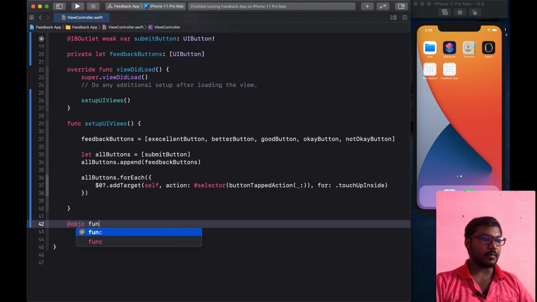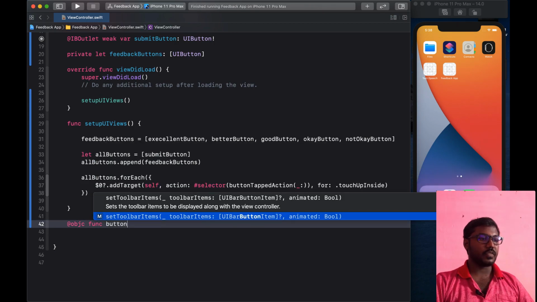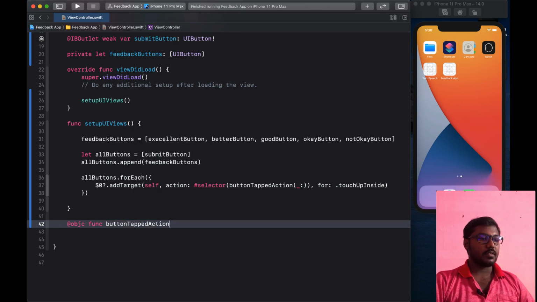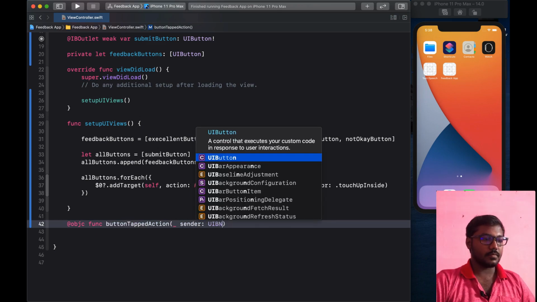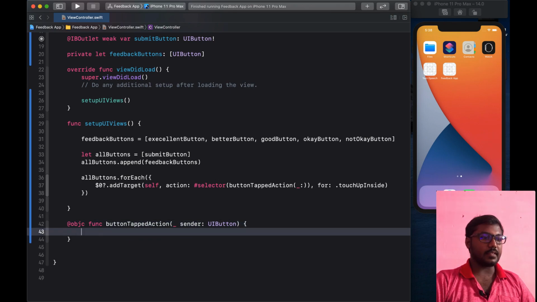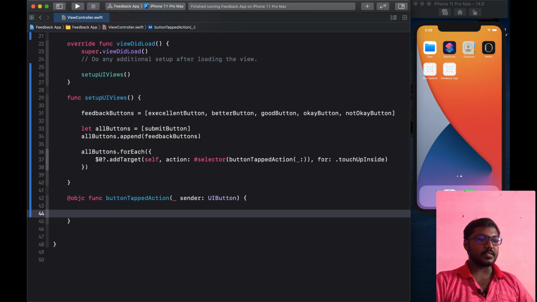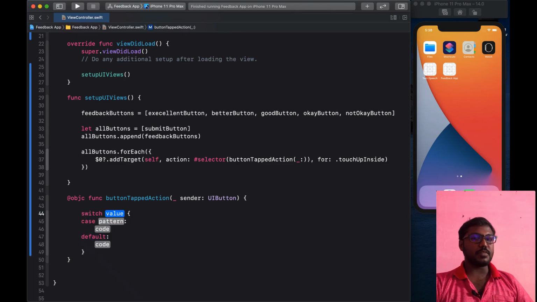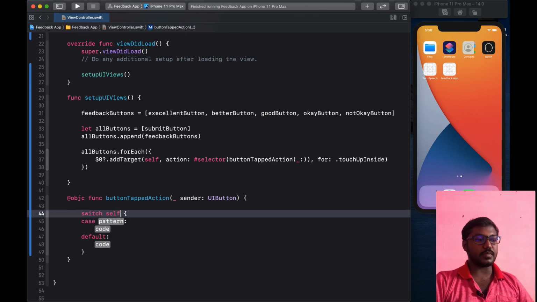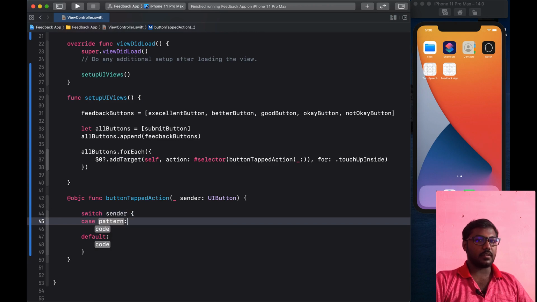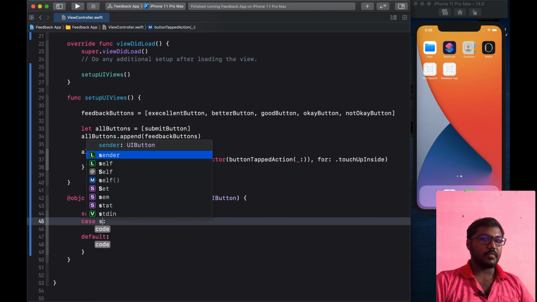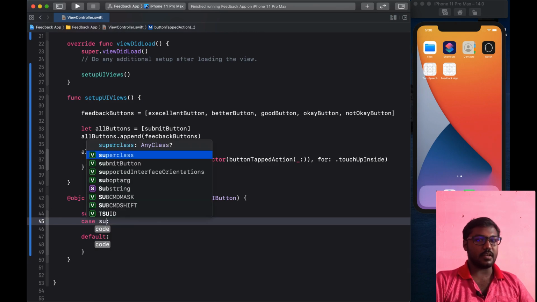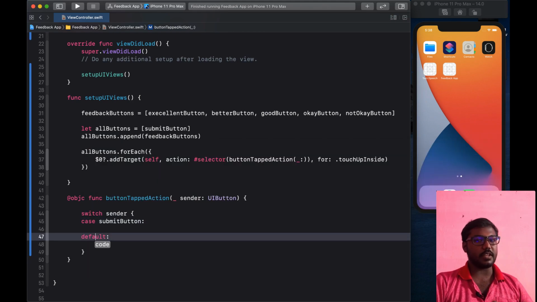Then I am going to create the Objective-C function for that, the button tapped action, adding the sender as a button. Now we have to differentiate which button is going to be clicked, as well as get the trigger. We have to find which button the user tapped.